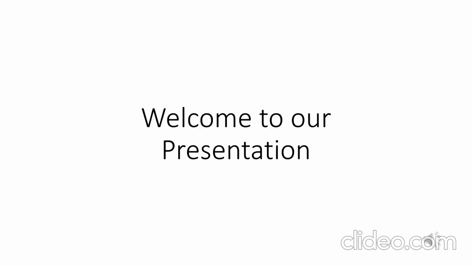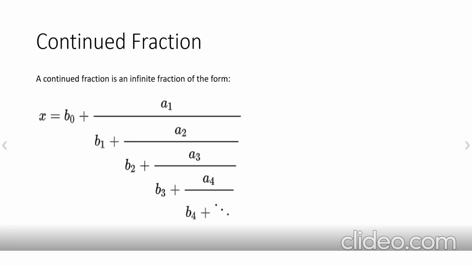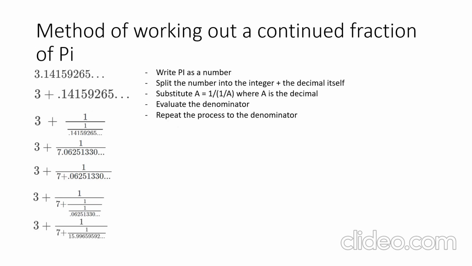My name's Casper and I'm going to do my section first, which is going to be about continued fractions. Before I continue, I'll just quickly explain what a continued fraction is. A continued fraction is an infinite fraction of the following form, where b0, b1, b2 and a1, a2, a3 are all integers. The way to work out what an infinite fraction is